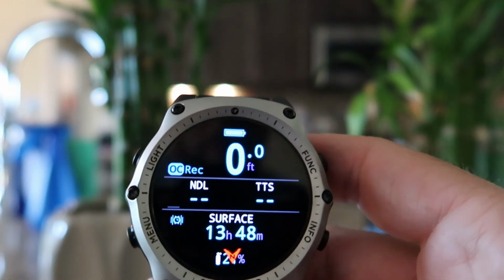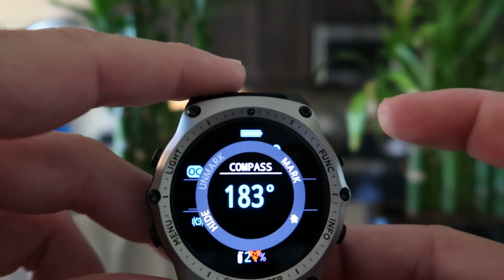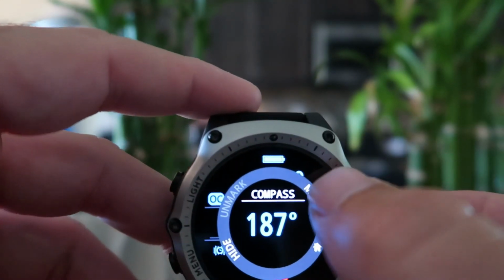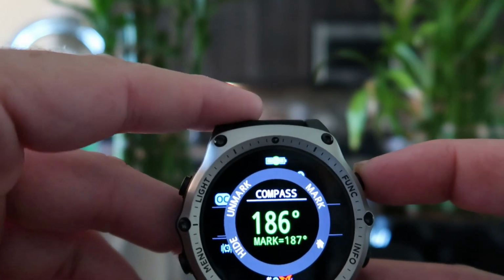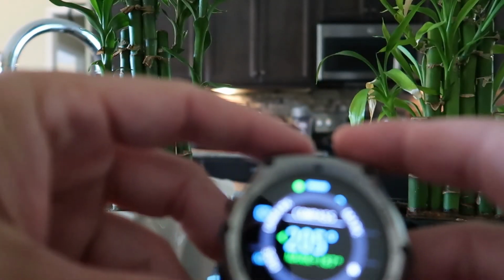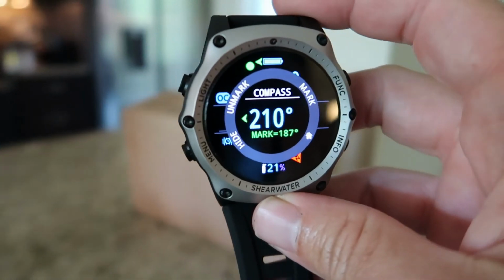And then I've already got my compass set up. I thought that was kind of a cool feature, that you already have your compass. I have mine set straight to the initial function. And so I can mark everything if I want to. So if I want to do a 187-degree heading, I mark that. And as you can see, if I turn, which I'd have to follow you with the camera, but if I turn, that heading